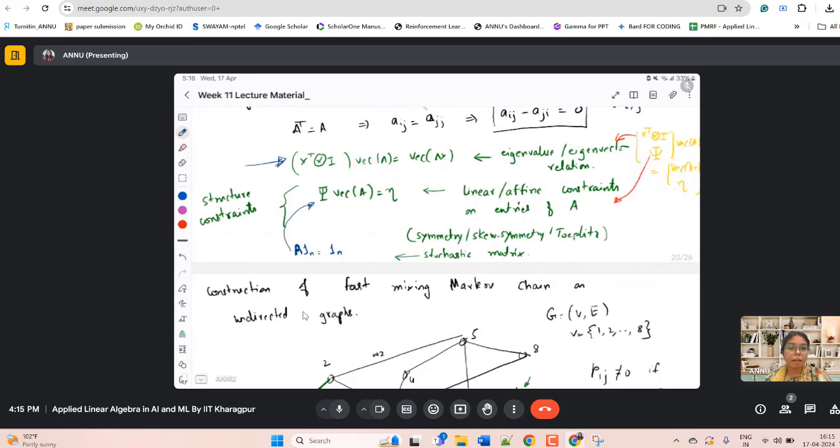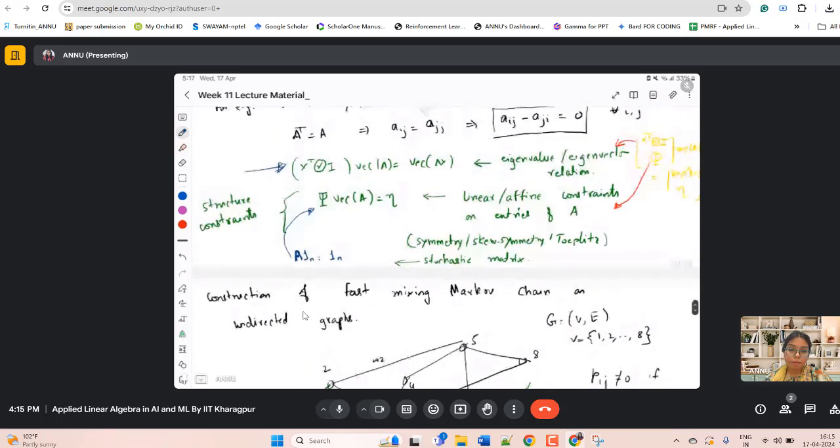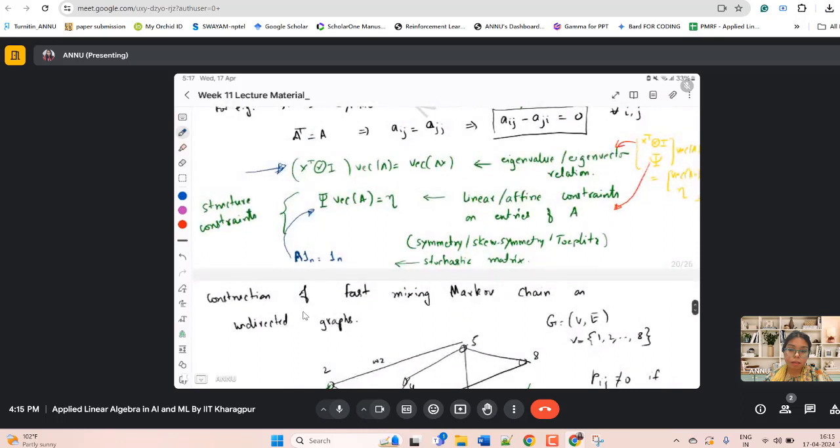So the thing is, you will have so many Markov chains. With so many Markov chains, which one will be the best one? How will you decide? In order to do that, you need to get a Markov chain which is fastest mixing. What does this mean? So, fastest mixing in the sense of